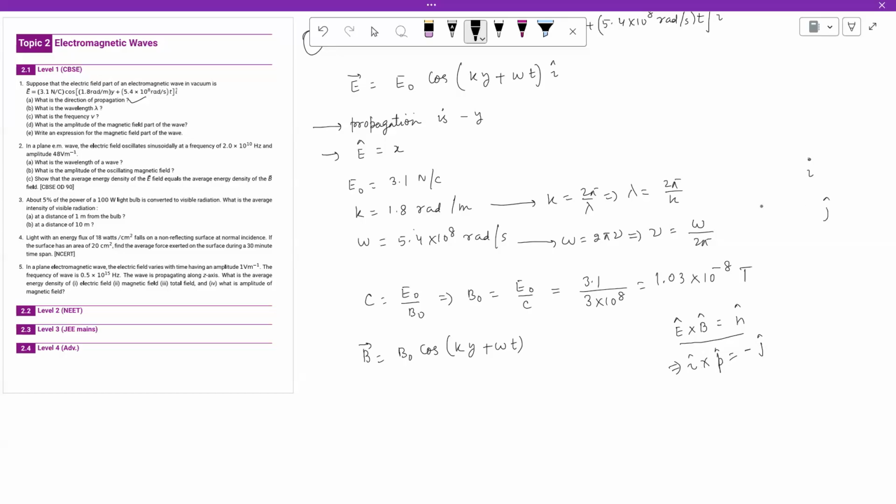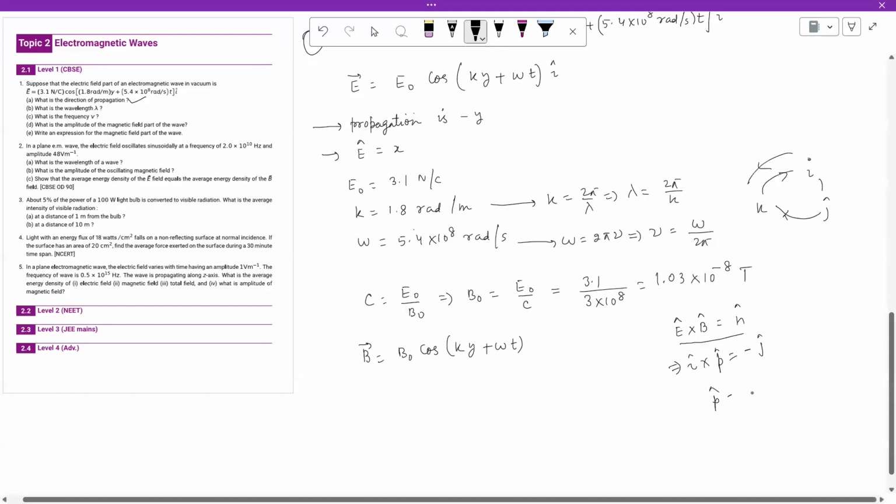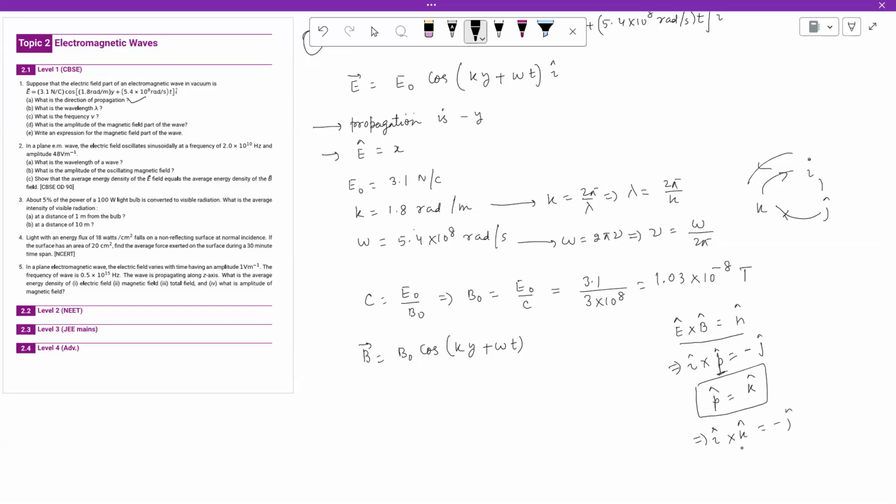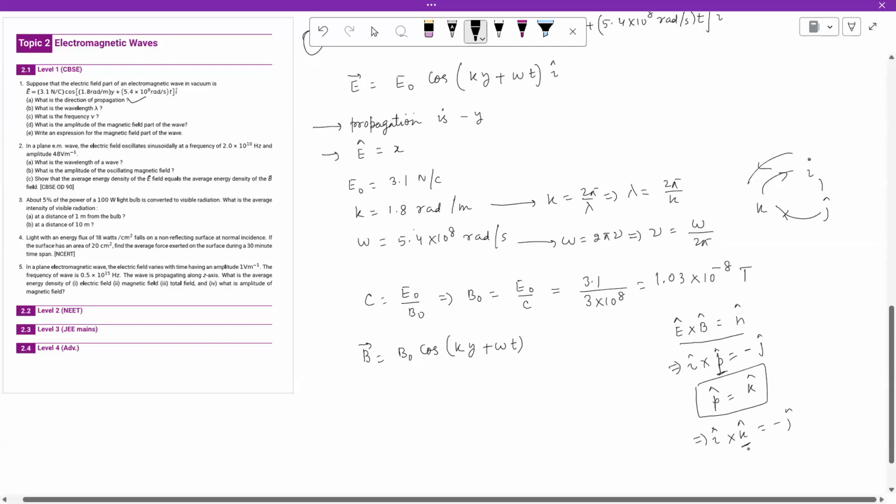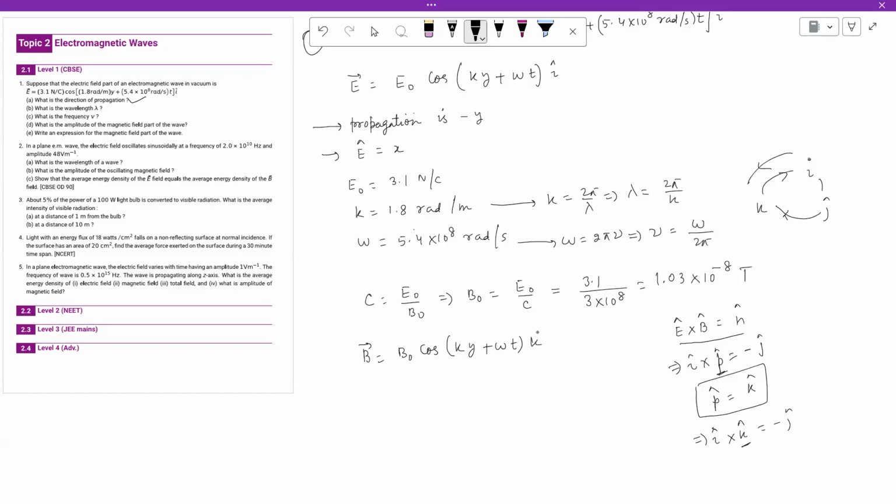K cross i is j, so i cross k is negative j. So this P hat would be k hat. Because we know that i cross k hat is minus j hat, so P hat equals k hat. Clear? Okay, sir. So this is a k hat, and now B naught we know,